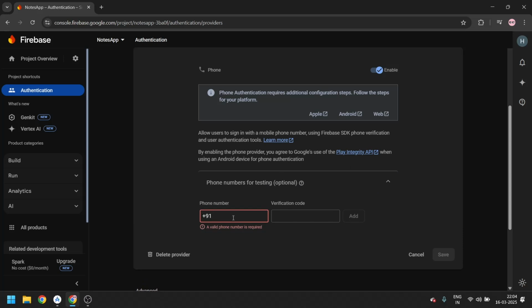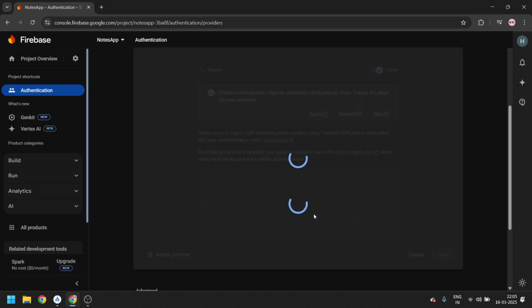Let's just add a number, prefixing 91, and I'm going to add a number. So I think, yeah, it's done. We added the number successfully. Let's make one OTP also, 536, and just add this.